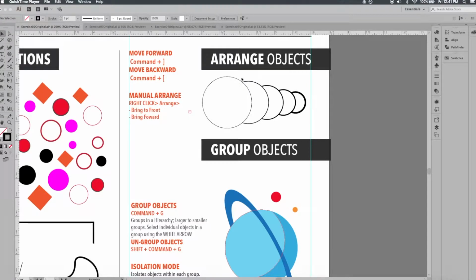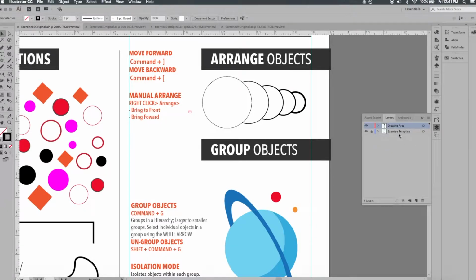So let's go over arranging objects within Illustrator. If I come over here to the layers panel, you'll see that I have two layers. I have the exercise template, and then I have our drawing area, which is everything that I've been working on. Within each layer, all of the objects have a stacking order, and it goes by the last object